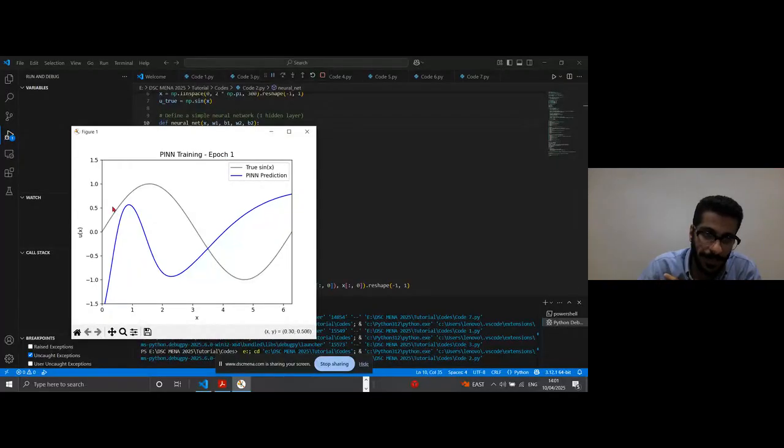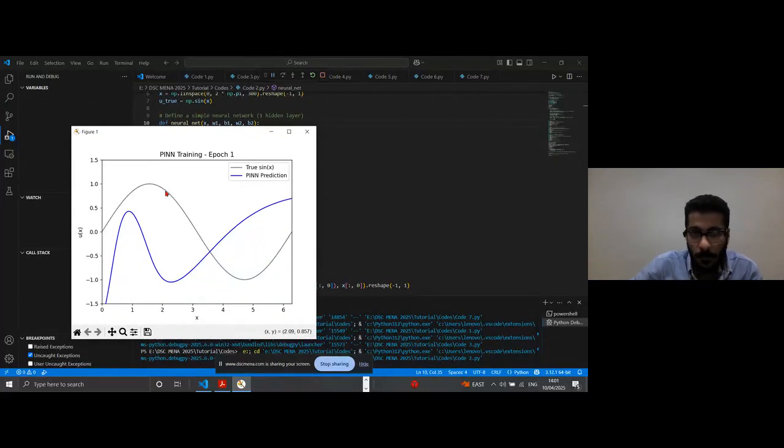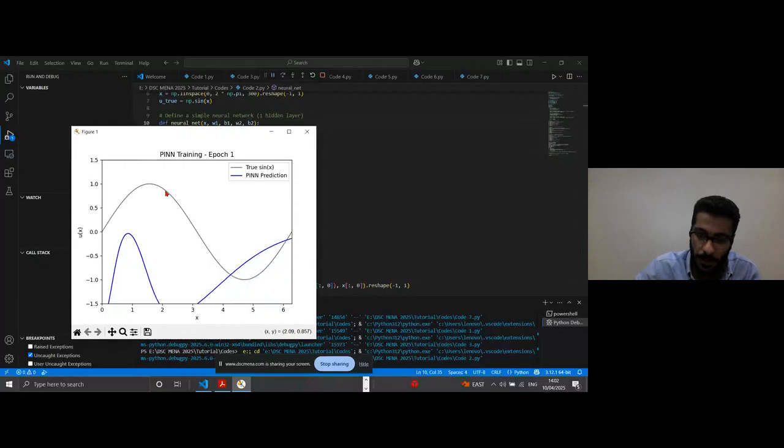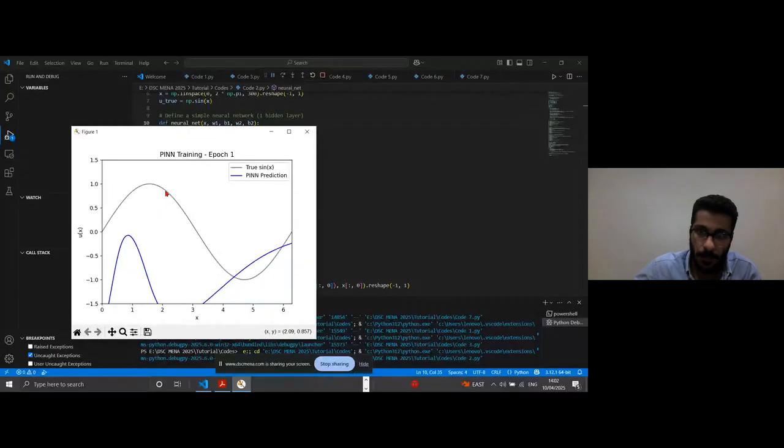Here you can see that it's trying to learn with one epoch, or one set of data, but with more sets of data, you are going to get exactly the same sine wave. I don't want to waste time with more running of code, but this is how you could use the physics in training the neural network to have a perfect match in real time.